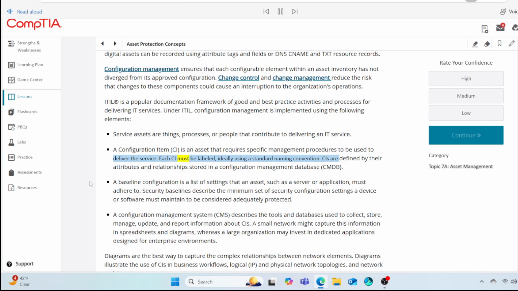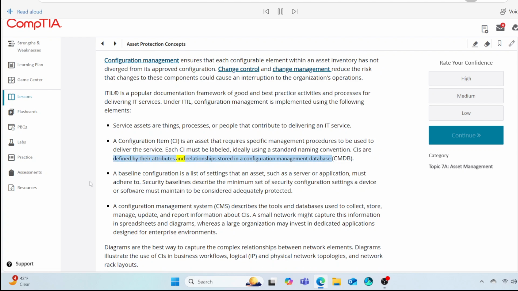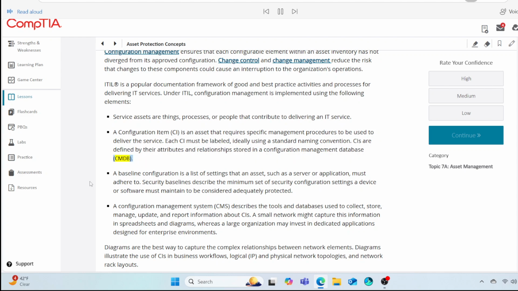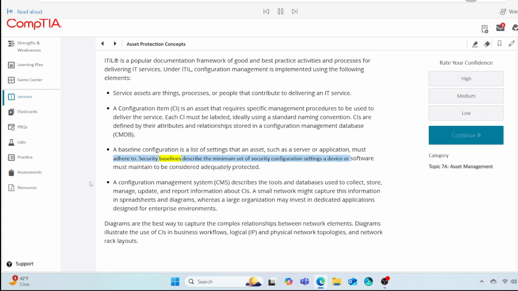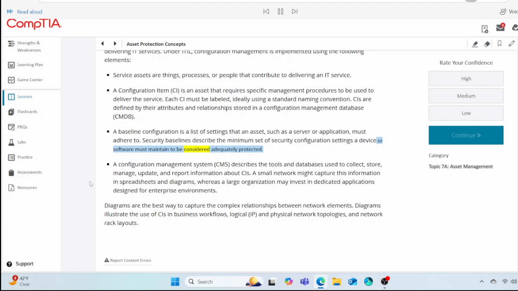Each CI must be labeled, ideally using a standard naming convention. CIs are defined by their attributes and relationships stored in a configuration management database, CMDB. A baseline configuration is a list of settings that an asset, such as a server or application, must adhere to. Security baselines describe the minimum set of security configuration settings a device or software must maintain to be considered adequately